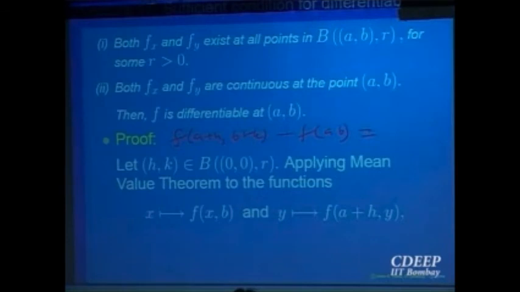So to prove that, let us look at functions of one variable: x going to f(x, b), where b is fixed and x is varying, and then I fix the first variable at a+h, which gives a function of y. So look at this as a function of x, and this as a function of y. Both these functions are differentiable and satisfy the conditions of Lagrange's mean value theorem. Because of the given condition, partial derivatives exist, so it is differentiable in that neighborhood. Continuity implies they are continuous in the closed interval in that neighborhood. So the conditions of the mean value theorem are satisfied, and I can apply it to this function as well as to this function.